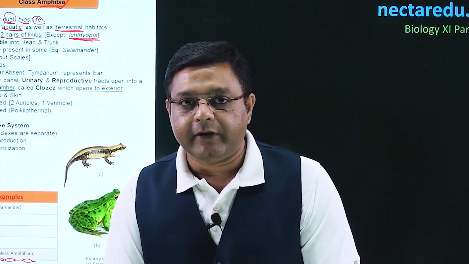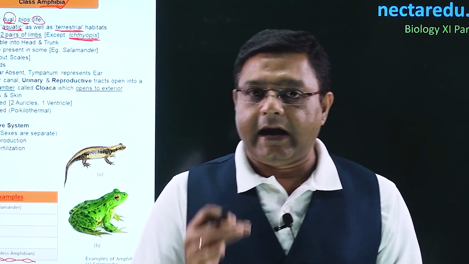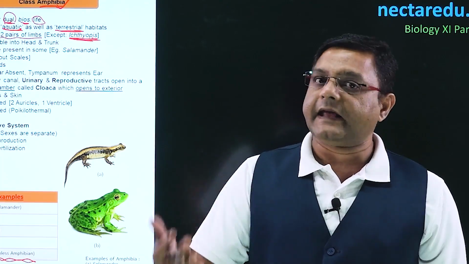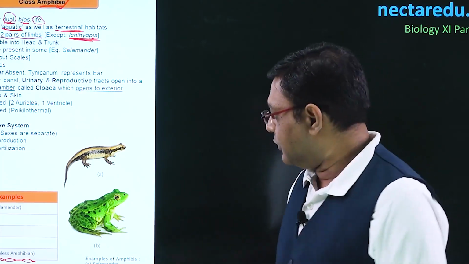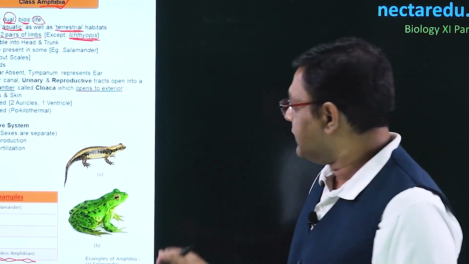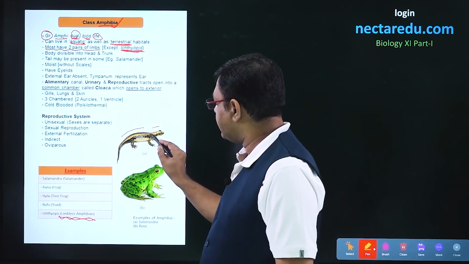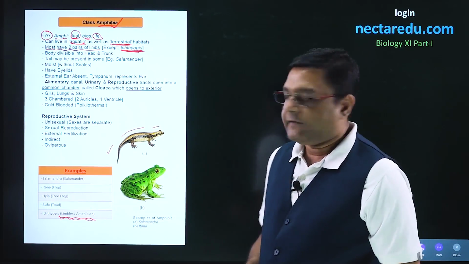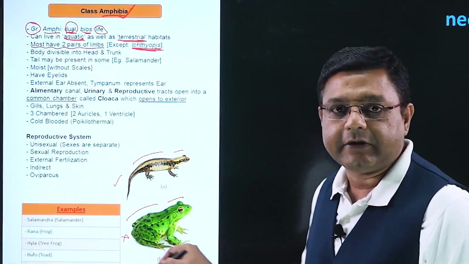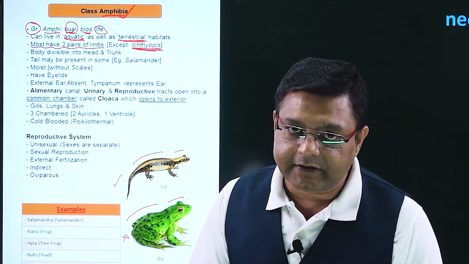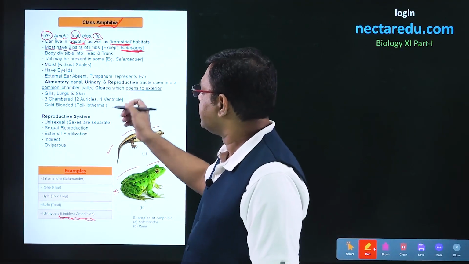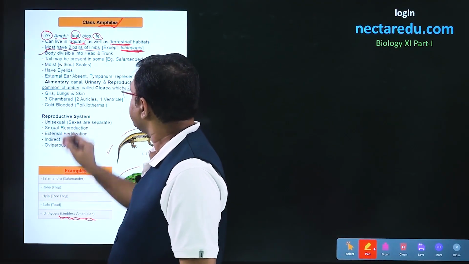Now, the body of an amphibian can be divided into head and trunk. So, neck is not present in the case of amphibians. Tail can be present or it can be absent. Seeing these two examples, the first is the salamander, which is shown. It has head, trunk, as well as tail. Now, talking of the frog, it has head and trunk, but tail is absent in its case. So, tail can be absent, tail can be present, but neck will always be absent. So, this is the body structure of amphibians.